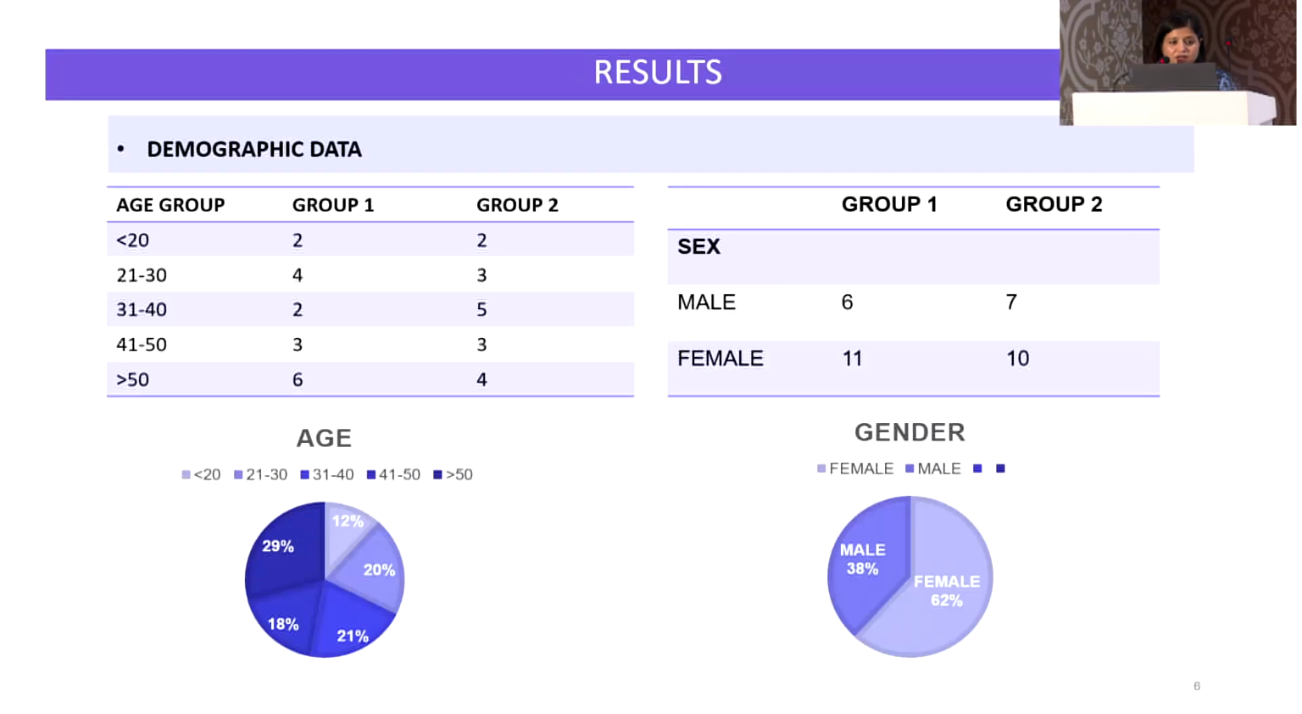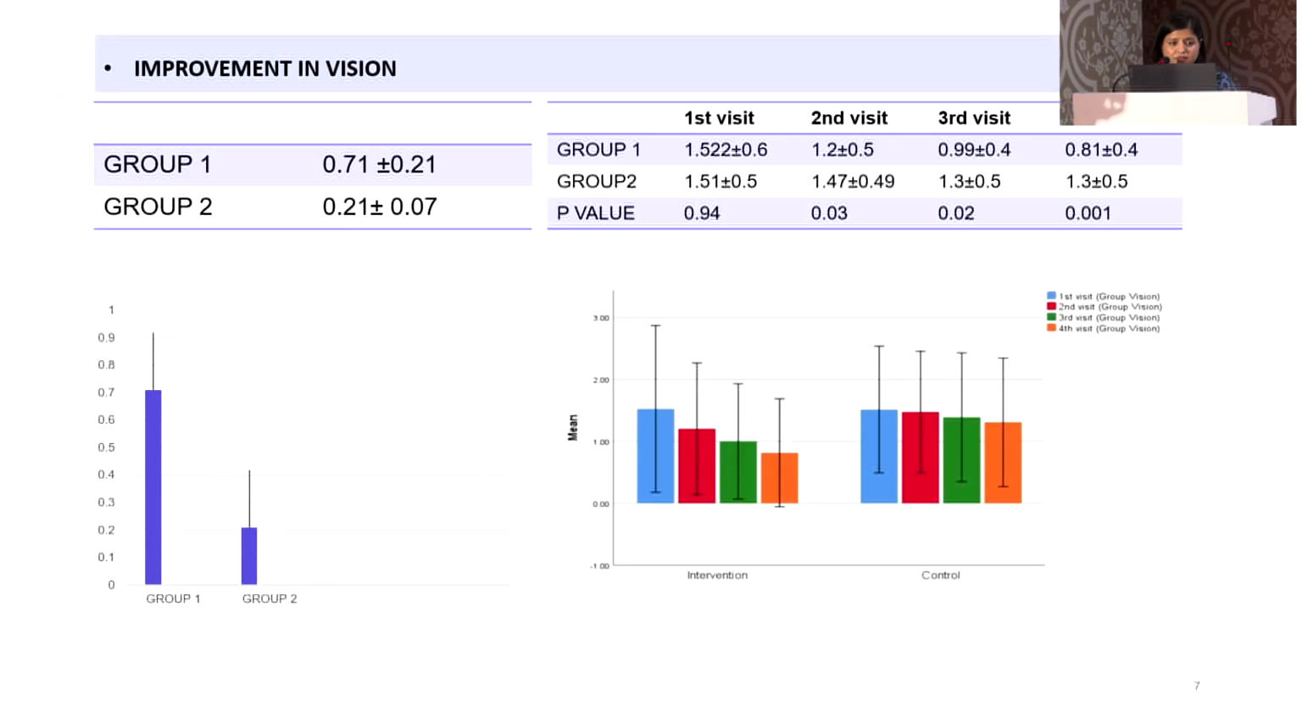So the results in our study: in group 1, the maximum patients were more than 50 years of age, and in group 2, it was between 31 to 40 years. Female preponderance was noted in both the groups. Improvement of vision in group 1 was 0.71 plus minus 0.21, while in group 2 it was 0.21 plus minus 0.07. On subsequent visits, there was a significant difference in improvement in vision among the groups with a p-value of